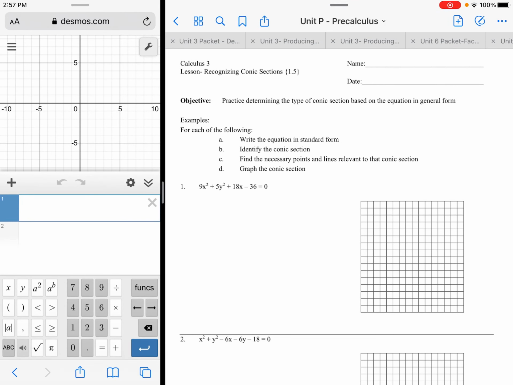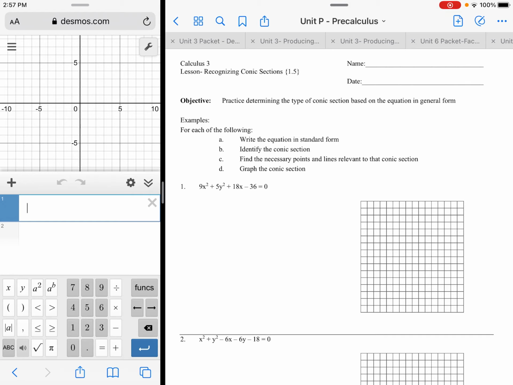Okay, so we're looking at the first page of the Unit P packet. And so we're tackling the Conic Sections component of the review. Right? So for these problems, you can see the examples. Write the equation in standard form, identify the conic, find the necessary points and lines relevant to that conic section, and then graph the conic. Right, you'll see I have my Desmos calculator open here, and for this course, that's typically